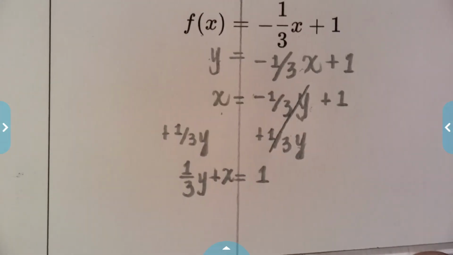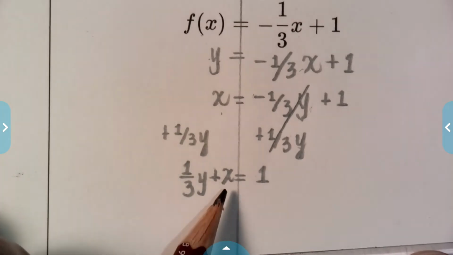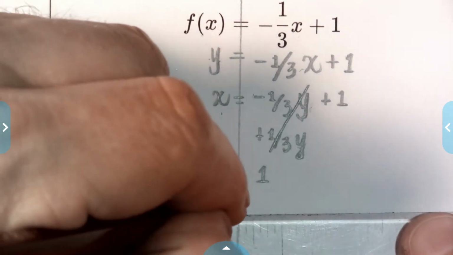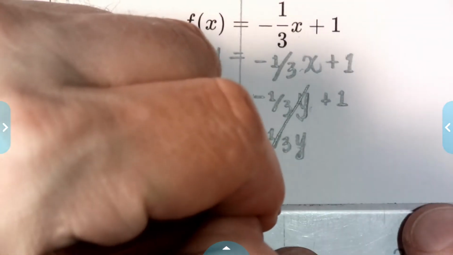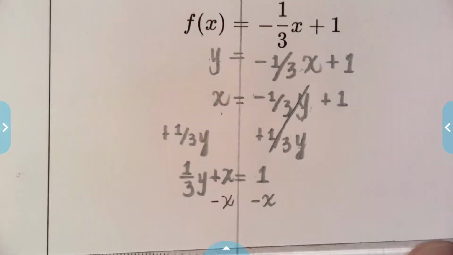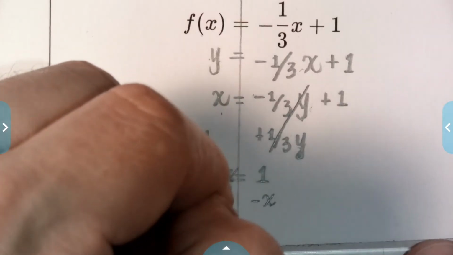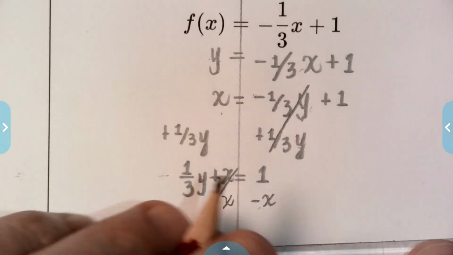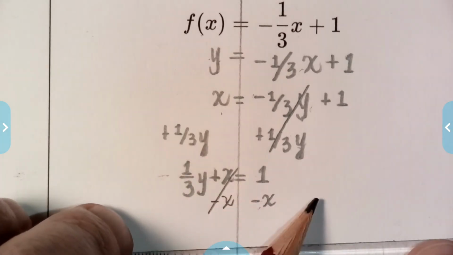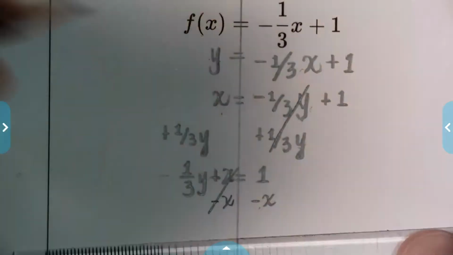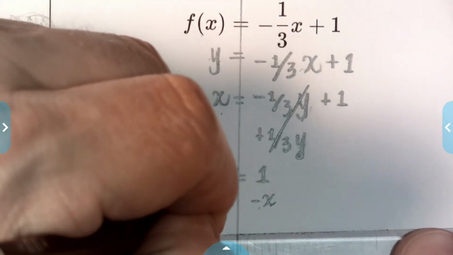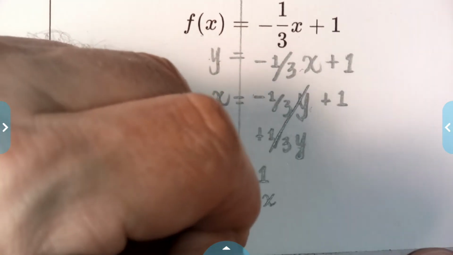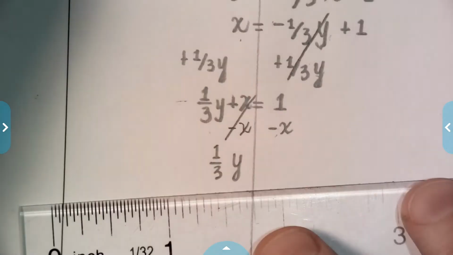Okay? So now what do I do? Right? I want to get rid of the x, right? So I'm going to subtract x since it's being added, so minus x on both sides. And I can cancel those x's out now. When I rewrite this, I'll lead with the negative x, and I'll put negative x plus 1 on the right, and I'll lead with 1/3 y. That'll be the only thing on the left. So here we have 1/3 y equals